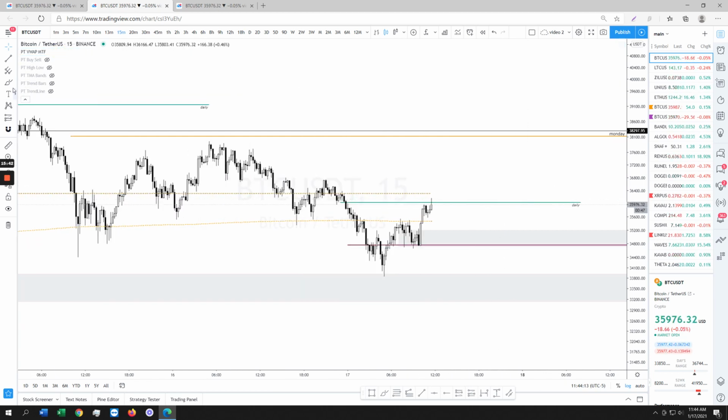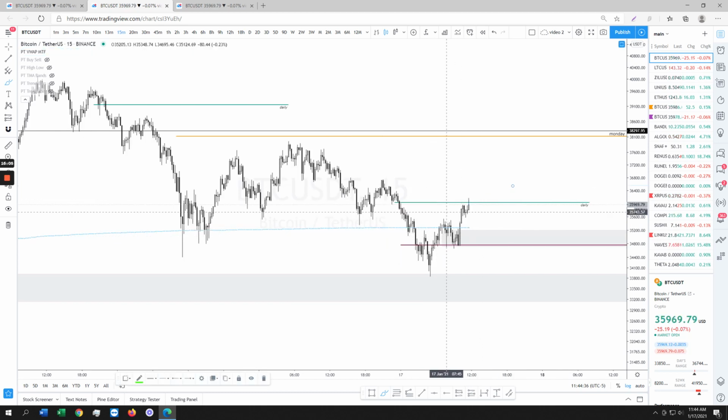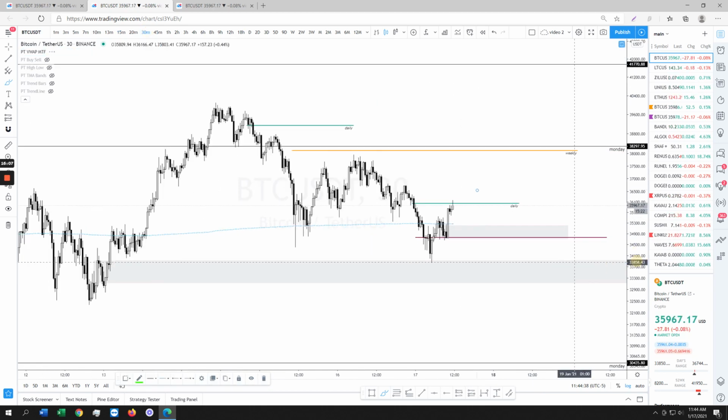We are officially above our weekly VWAP, but we are under our previous weekly VWAP. So the main level to get above will be over here. It'd be beautiful to get above the weekly VWAP, previous weekly VWAP. That would show that we are officially, from a VWAP perspective, bullish on both the dailies and the weeklies. Monthly VWAP should be what's holding us up right now. I'm pretty sure it was always the bottom of the range. Yeah, see? We're at the bottom of the range, guys. So we are officially above the monthly VWAP.